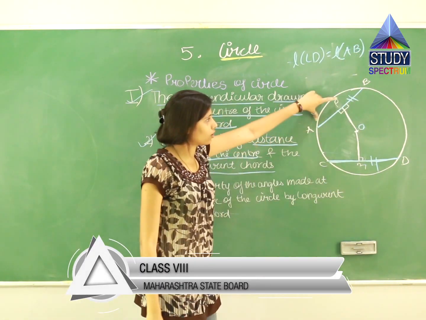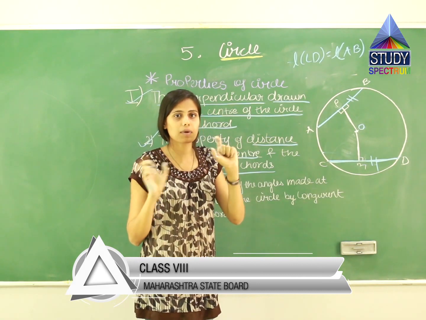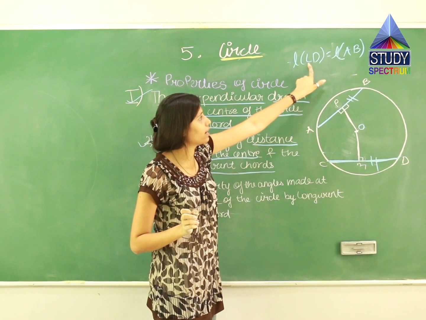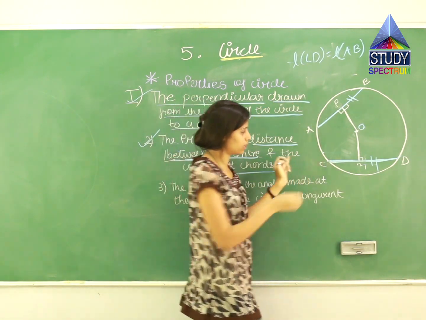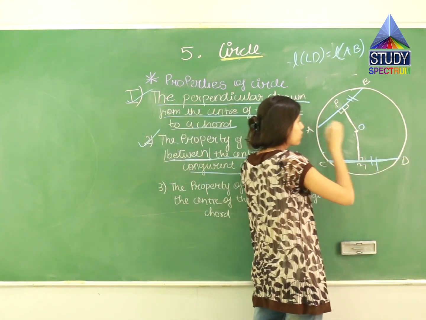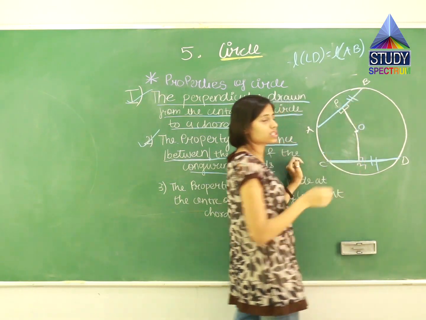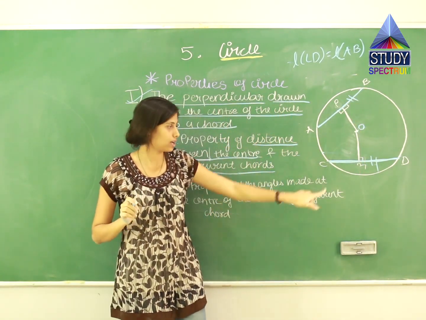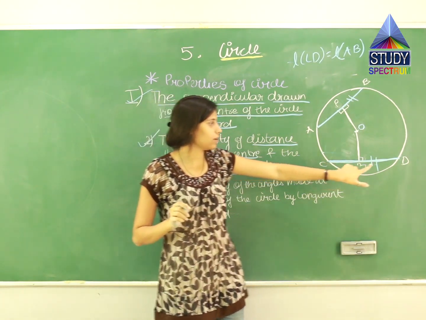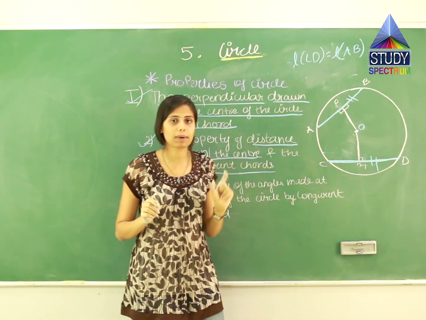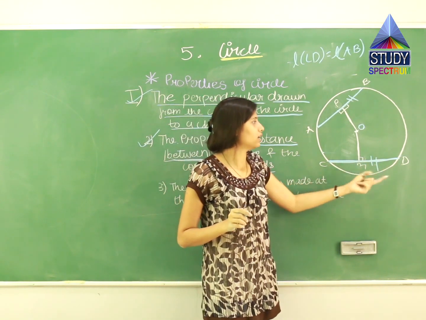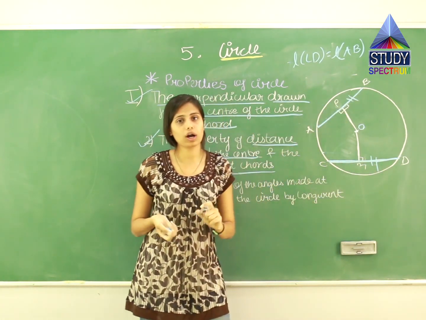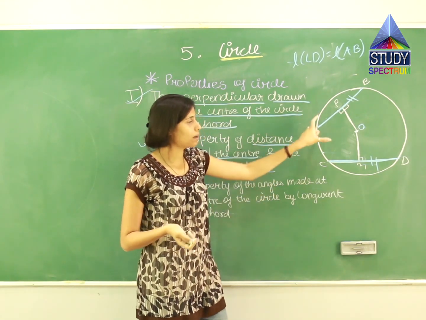We have drawn equal chords. Now I told you it is approximately equal. This line shows that this chord CD is equal to chord AB. What is a chord? A chord is a line which joins two points on the circumference. Over here, the point C and the point D on the circumference is joined by which chord? Chord CD. Point A and point B on the circumference is joined by which chord? Chord AB. So they both are congruent.